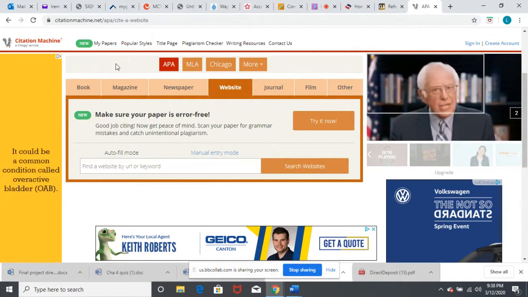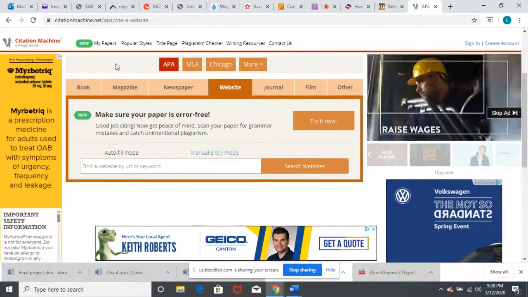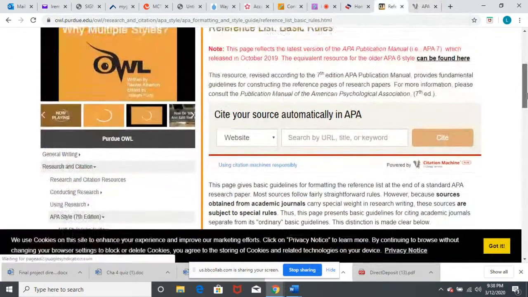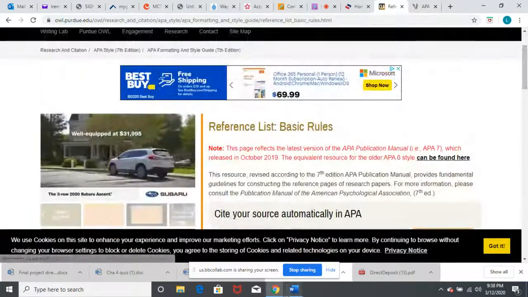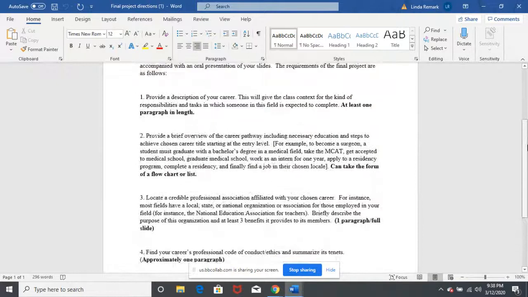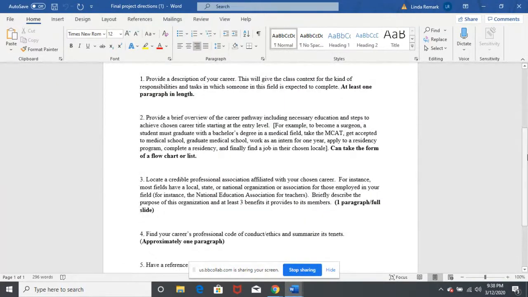Sometimes it may not capitalize or italicize the right thing. So just check it, and that's where you would go back to your OWL at Purdue and see how it's formatted and make sure it's done that way. But the key thing here is please just make sure you're keeping track of all the sources you've used throughout the entire project. I know a lot of you have been jotting them down, keeping track, because at the end,